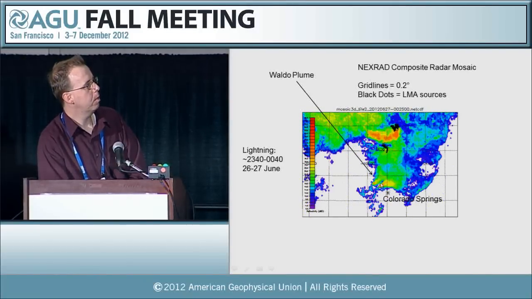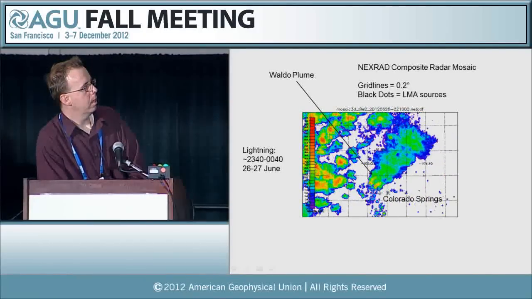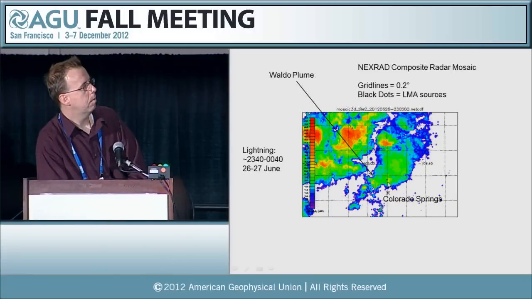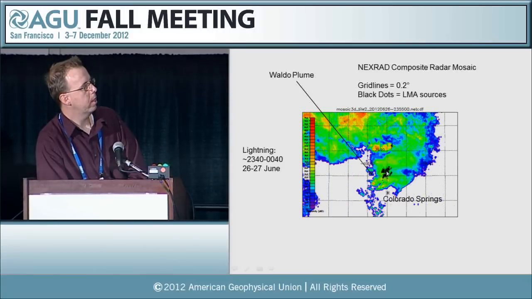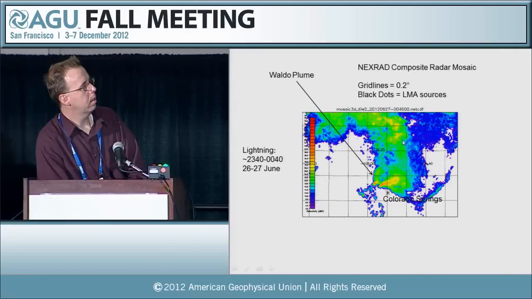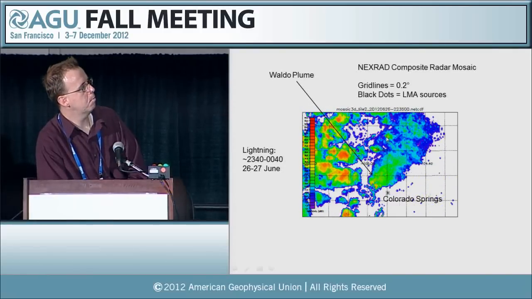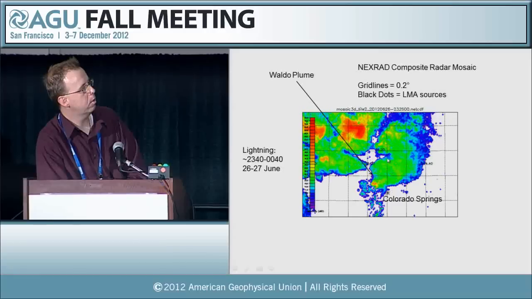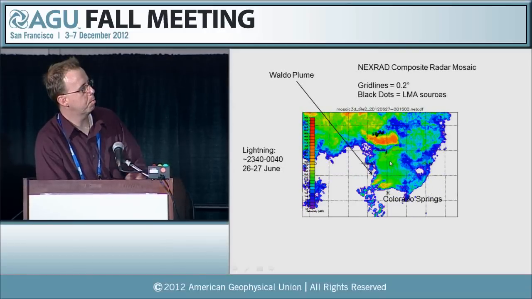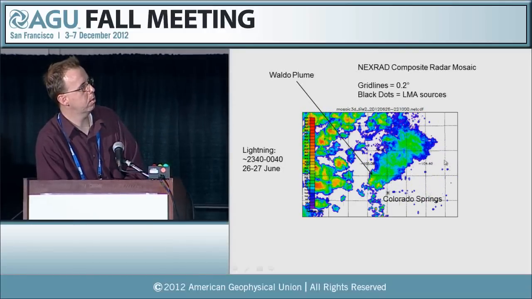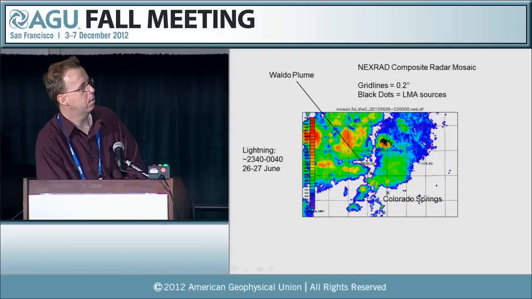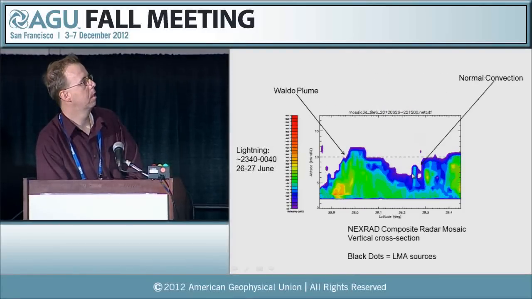But down here is where the plume was, and you see it develop. And there's some lightning there, some lightning there, lightning there. And then what's interesting is you see a flash that comes from the northern convection down into the plume smoke itself. So there's possibly some interaction there. And there's also this fine line that comes out during the development of the plume.